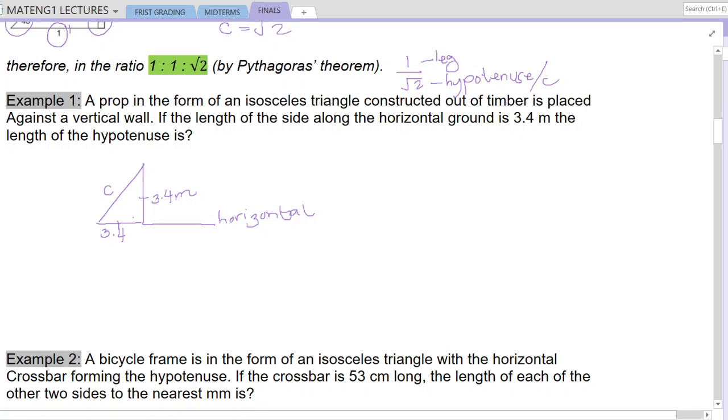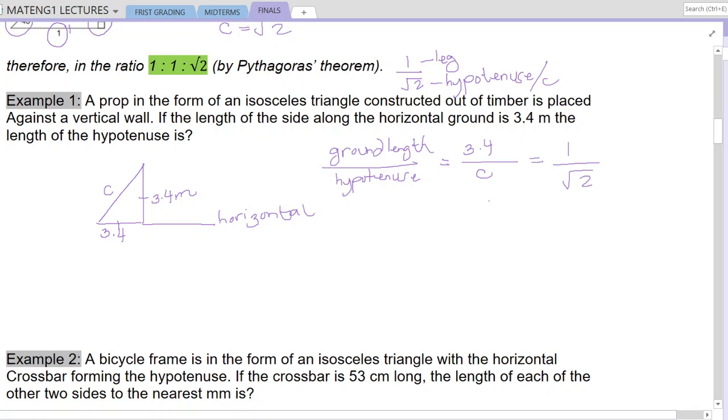Okay, so having that one, using the Pythagoras theorem, so we have there the ground length is to hypotenuse, so that is equal to the ground length, which is given to be 3.4, and the requirement, which is the C. Okay, so that is hypotenuse, or that is also equal to our Pythagoras theorem, the ratio, that is 1 is to 1 is to square root of 2, so that is 1 is to square root of 2, since that is ground length, that is the leg, which is 1 unit all over the hypotenuse, which is square root of 2 units.